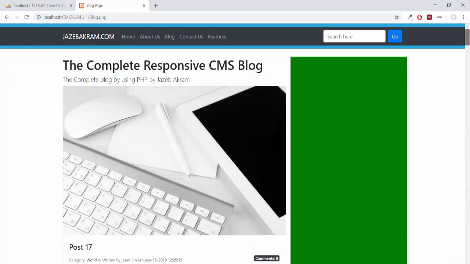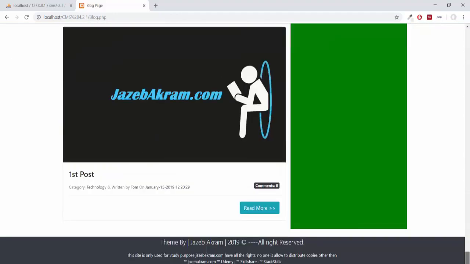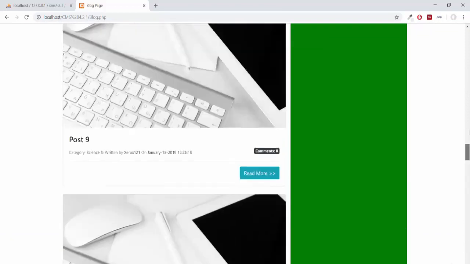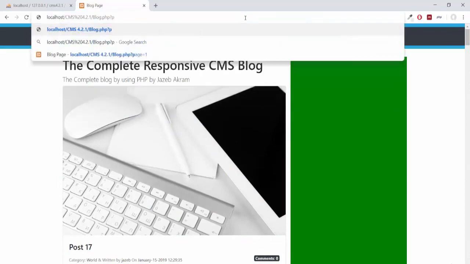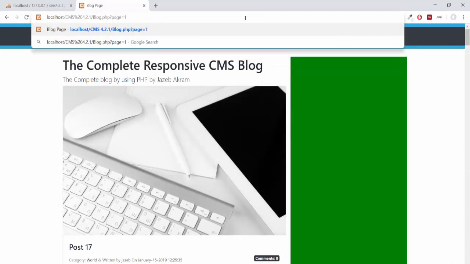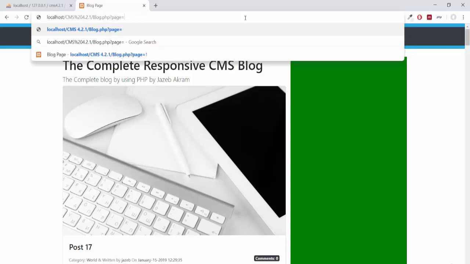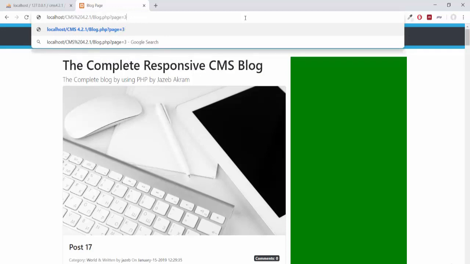It is not a good user experience to have all the posts on a single page. To tackle that problem, we need pagination at the end of our page by which the user can click to move forward on different pages. We will show only 4 posts per page. So the idea is we will have a link with a search query parameter of page equal to 1. On page equal to 1, we will show the first 4 posts. On page equal to 2, we will show the next 4 posts. Then on page equal to 3, we will show our next posts, from post 8 to post 12.